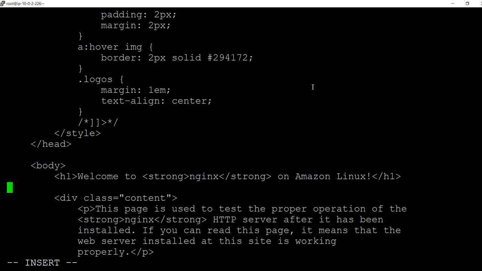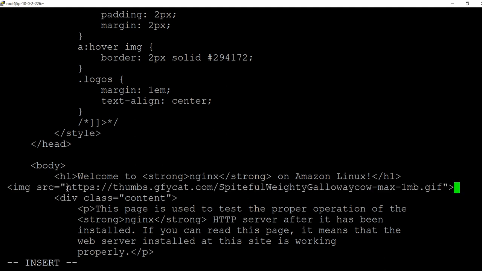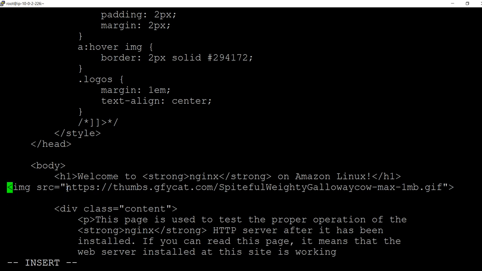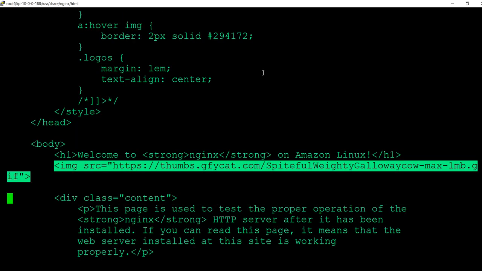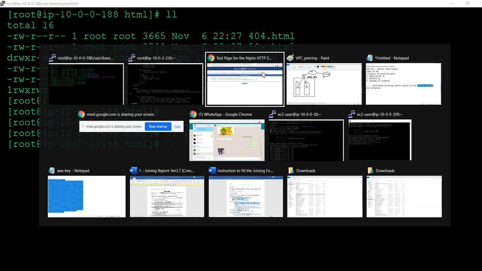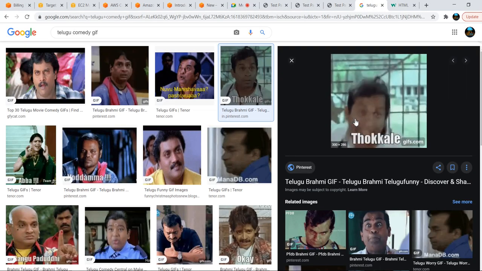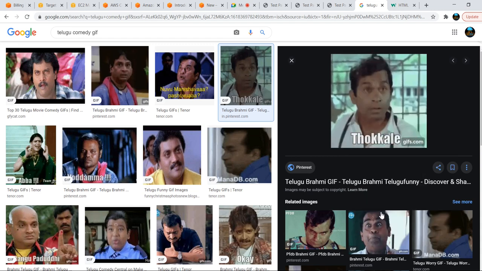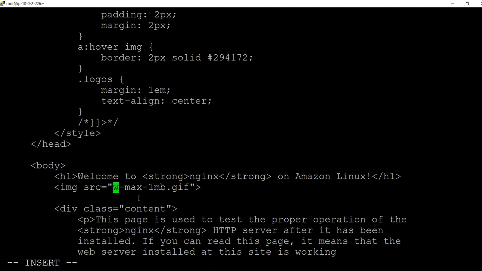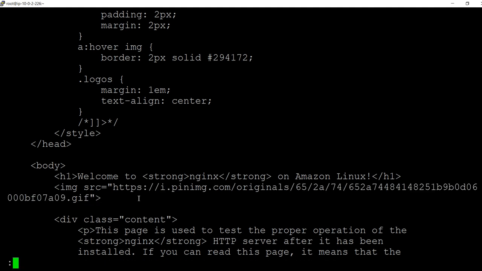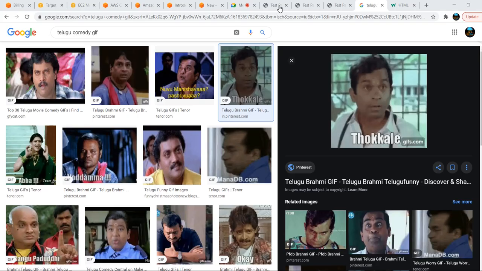I press insert and enter, go up, give a space, and now what I will do, I'll come here and take the copy image address. Let's navigate to the second server. Under these quotes we will give that one. Okay, done. wq. Now we will verify the second server.